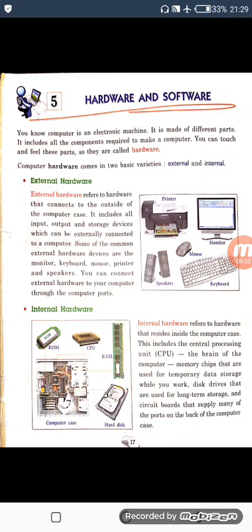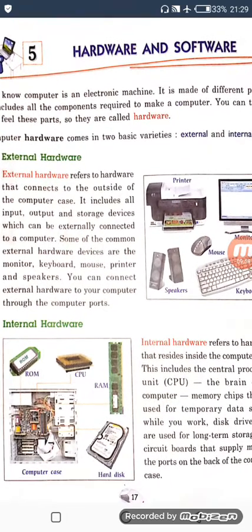No, we can see our head, we can see our hair in the mirror, but we cannot see our brain because that is something internal. In the same way, the computer has a CPU which is its brain, and it is something internal, so it comes under internal hardware.